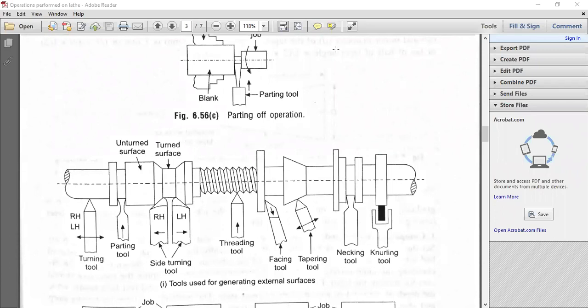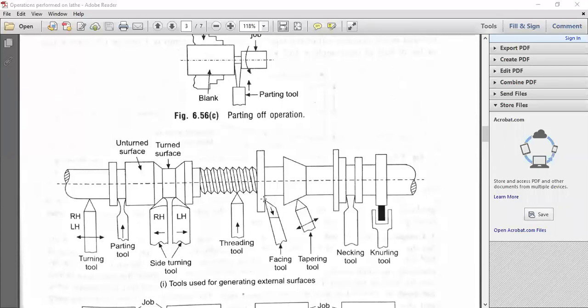The direction of viewing is also very important. The direction of viewing of the particular tool, as far as the observer, is very important as far as the right hand tools and the left hand tools. For the threading operation, you use the threading tool with the lead screw on a lathe.